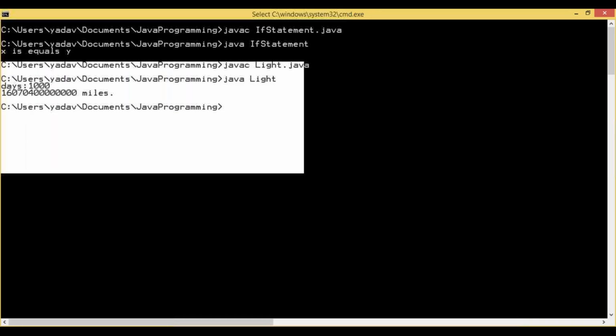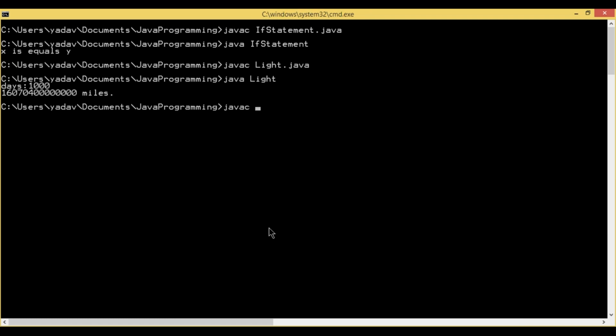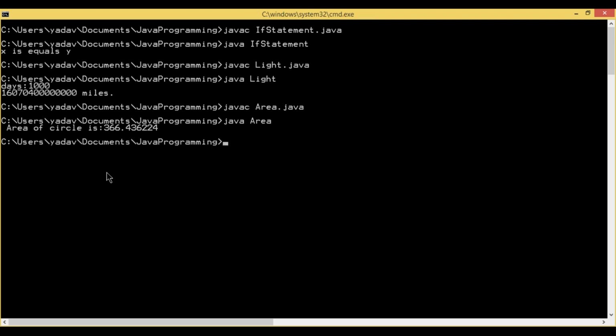And go to the command prompt, use javac Area.java. It compiled successfully, and use java Area. And the area of the circle is how much? 366.436224. This is the way we can use float and double values to implement calculation-based applications, and amount-based applications also. So now we can move to